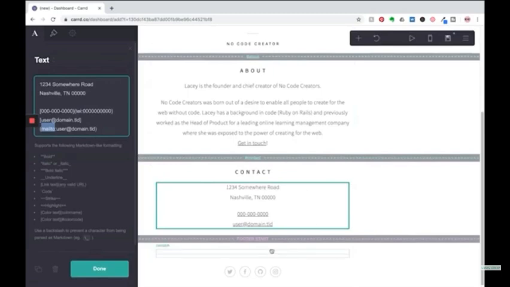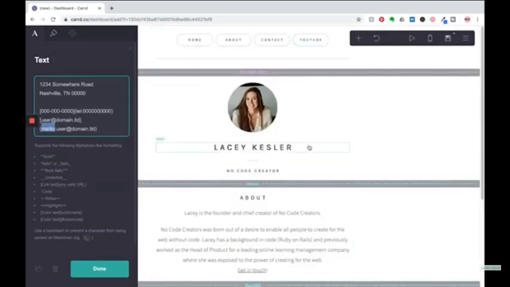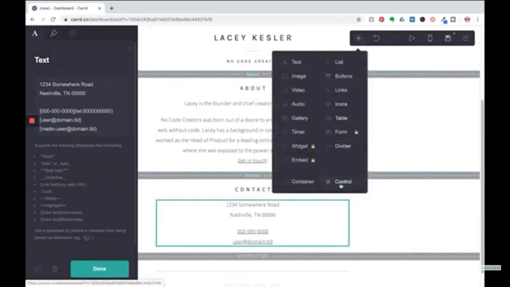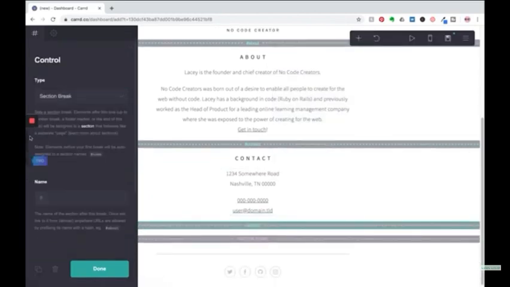And then we have our footer down here, but remember, because I created this button, I want to create another section, or another kind of fake page, on here. So what we're going to do is go down to Control and click on this. You can give it a section break, you could change it to a header, a footer, or a scroll point. We're going to do a section break,